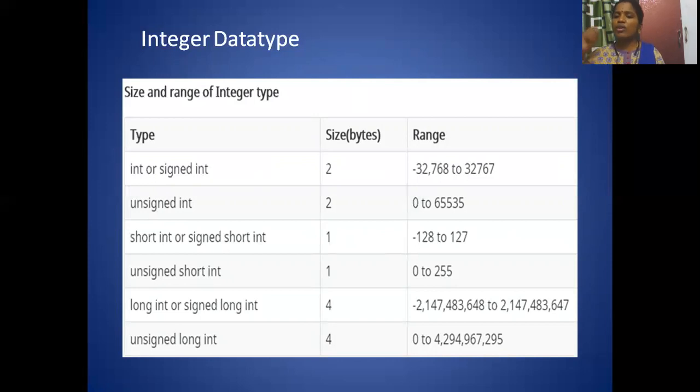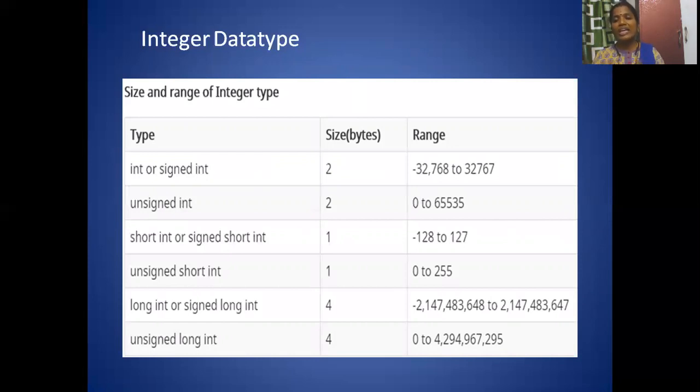So the basic of all your memories are starting with bits. Bit is nothing but either 0 or 1. So you are having a basic digit that is either 0 or 1. So a collection of bits makes a byte. So 8 bits are nothing but 1 byte. 4 bits make a nibble.